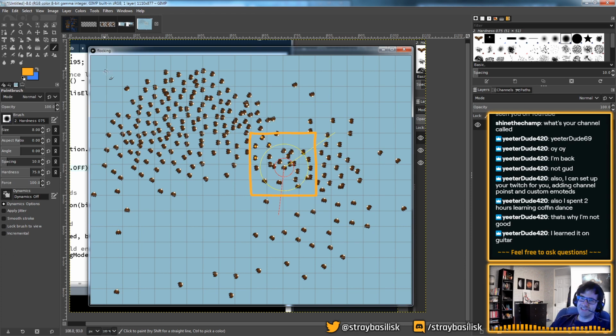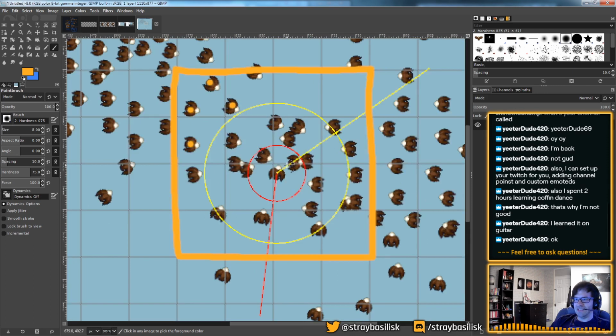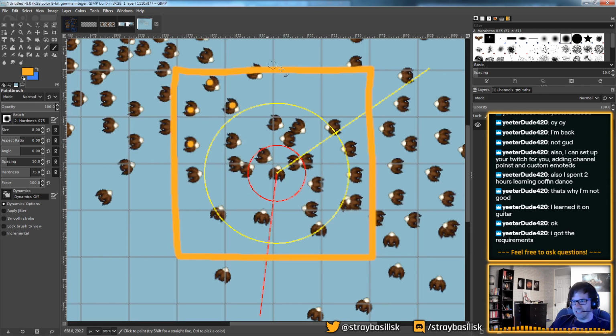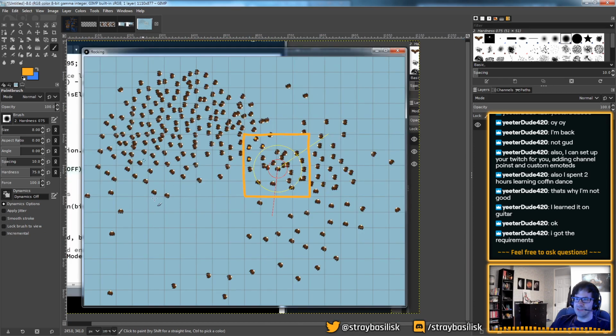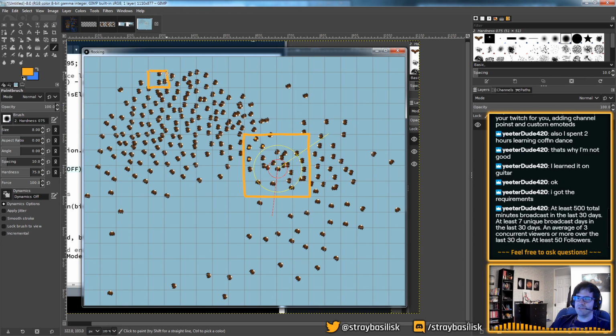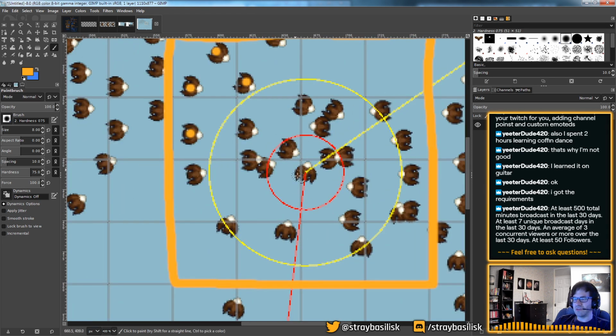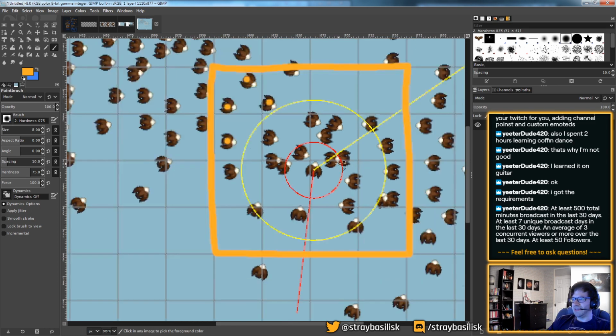Anyway, what we're trying to do here is we're getting to the point where each bird needs to figure out where its close neighbors are in order to work out how it's going to steer itself around. But it can be inefficient, because there's a whole crap ton of birds around here. So what we've done is we've divided the world into a grid, and we're keeping track of which birds are in which grid cell. So now, when we want to find all the birds close to this one,